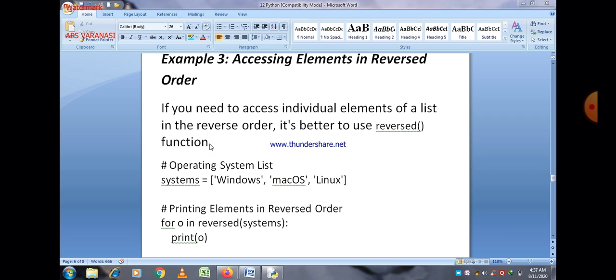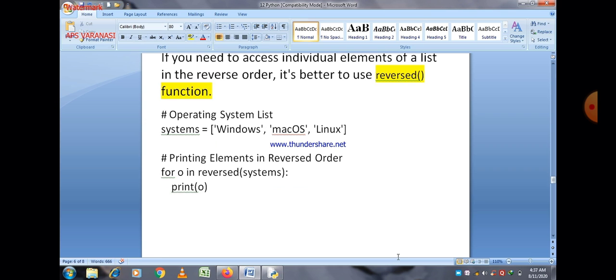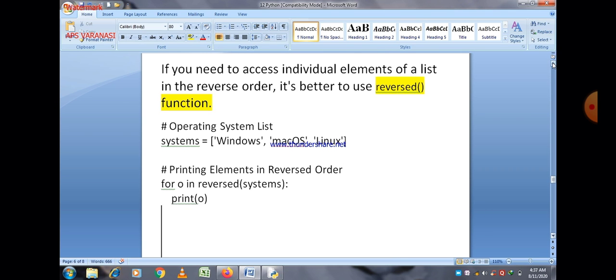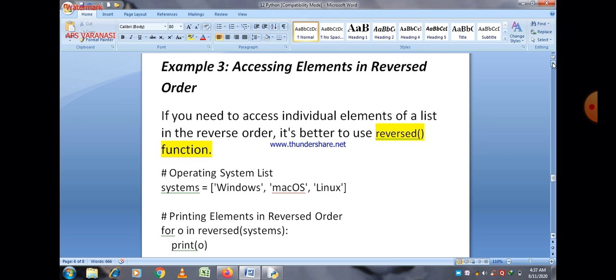So here there is a small program. You can easily see that we again take the same list which contains 3 different data items: Windows, Mac operating system and Linux. And here we use a for loop: for o in reversed systems, then print o. Then all the elements of this list will be printed in reverse order.